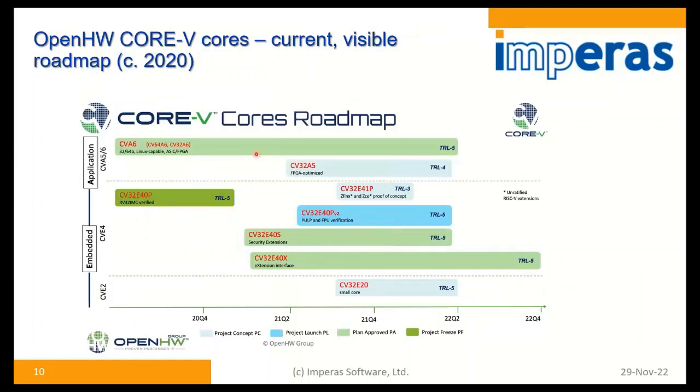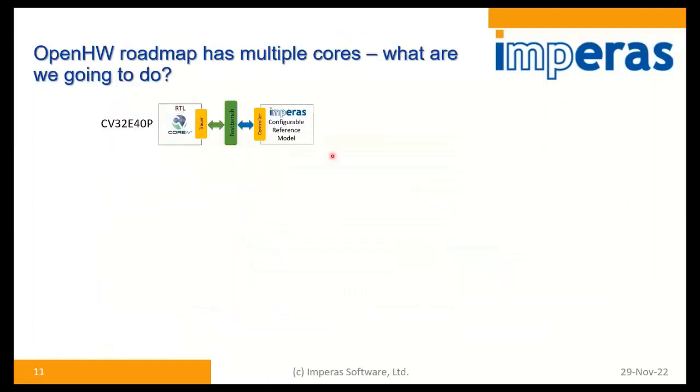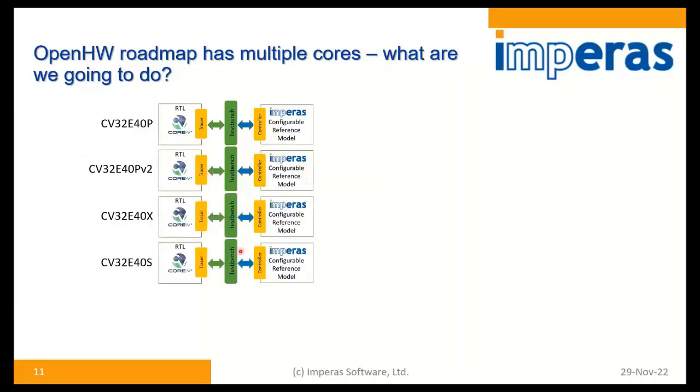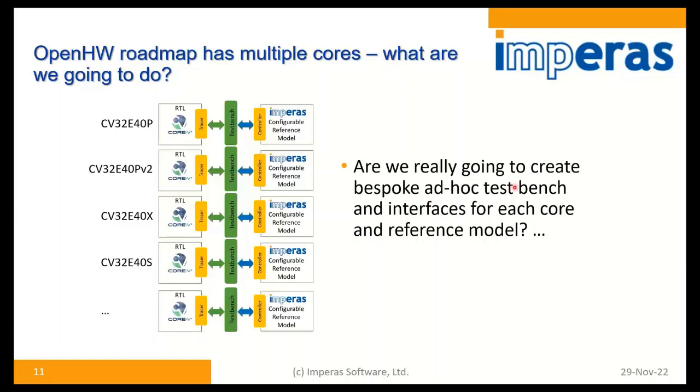And if you look at the roadmap that Open Hardware had, yes, it's an open source collaboration, but actually on the roadmap it had 1, 2, 3, 4, 5, 6 or 7 different cores being planned back then. And the challenge is, well, how are we going to actually do the verification of that, where we've got the core and the reference model for the one core, but then there's going to be a second core, or a third core, or fourth core. And what's actually going to happen? Are we really going to create different test benches and interfaces for each of these ones? This is a real problem and a challenge in the industry,